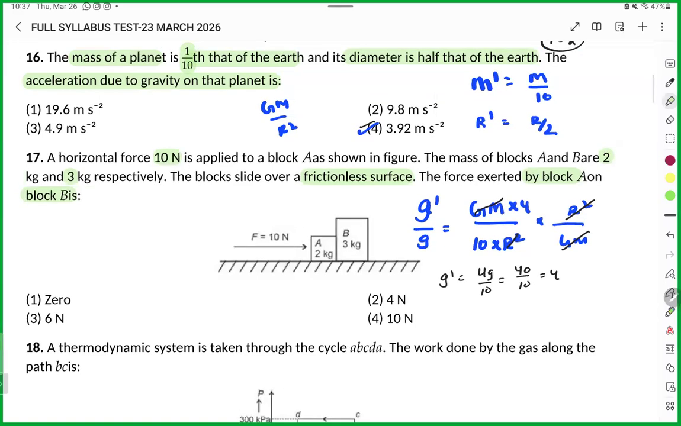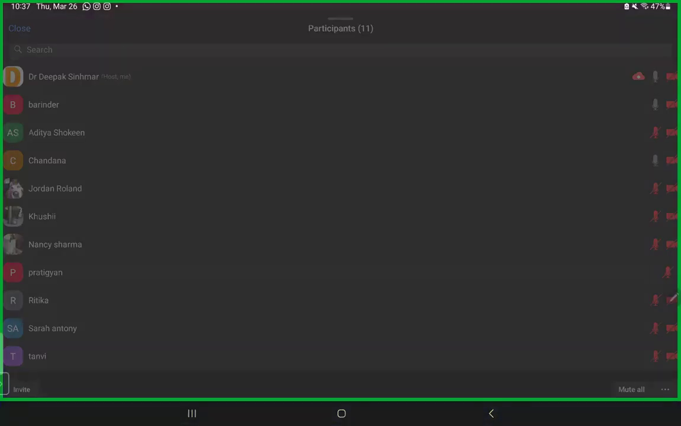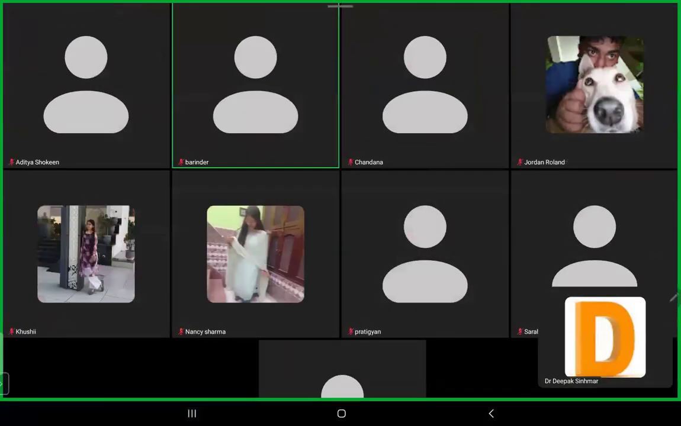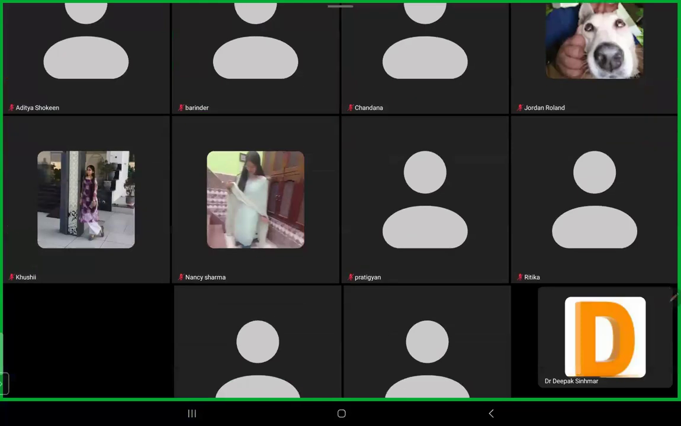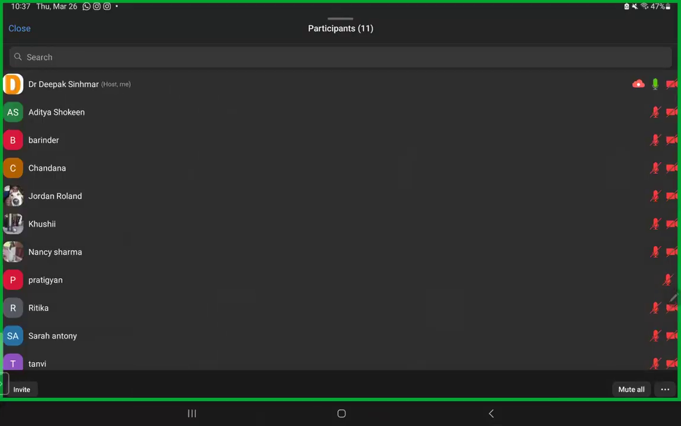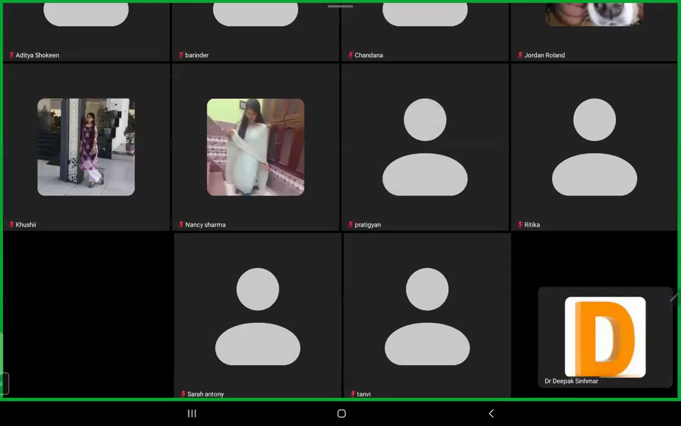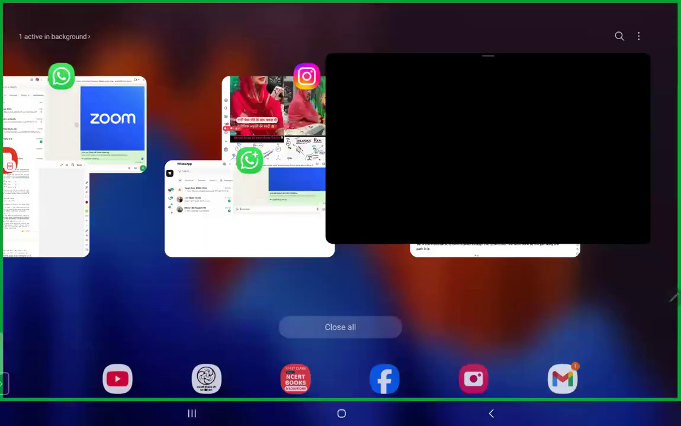Everybody done with the question number 16? Yes. Okay, how many people are there? 10. आदित्य, बरिंदर, चंदा, जोर्डन, खुशी, नैन्सी, प्रतिज्ञा, रितिका, सारा, तन्वी। ओके, नेक्स्ट।